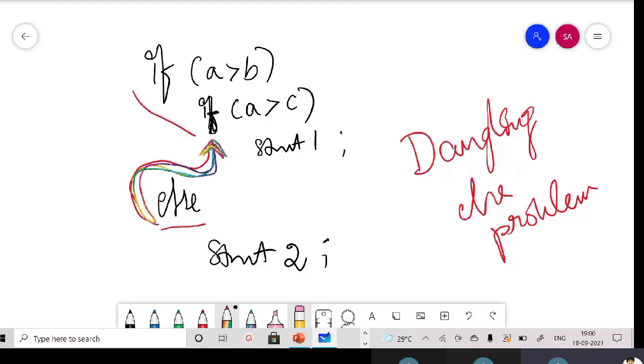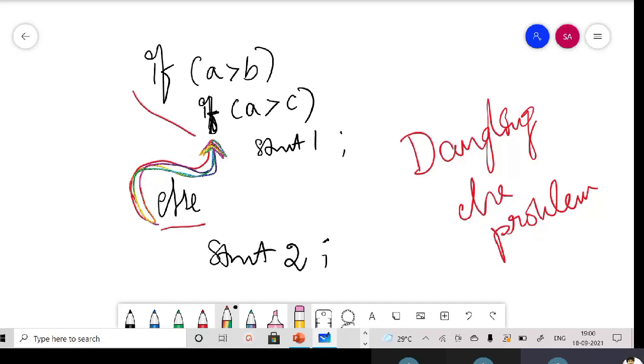Yes, sir. Okay, tell me, ma. Sir, if we try to point to a memory location which does not exist or was deleted, with the pointer, then it will be called a dangling pointer.